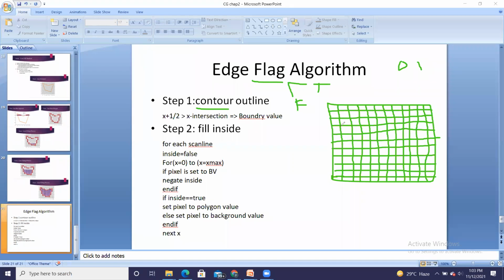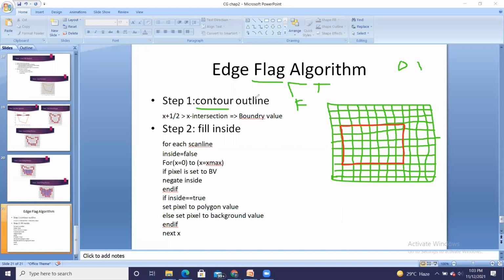Consider the rectangle that I want to color is this. Okay, so I want to color this particular rectangle. That is my requirement. Now, what this algorithm tells us, in step number 1, you have to draw the contour